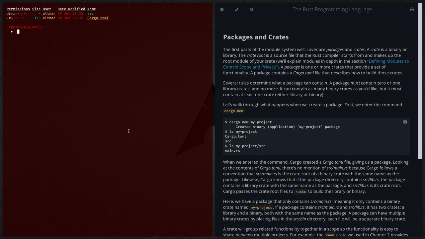Giving us a package. Looking at contents of cargo.toml, there is no mention